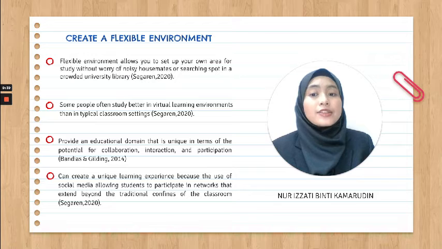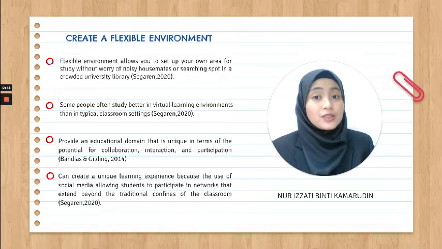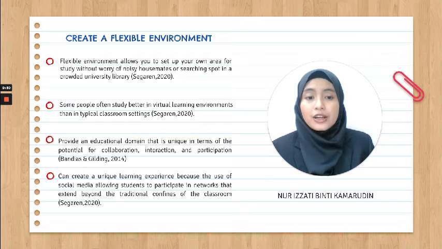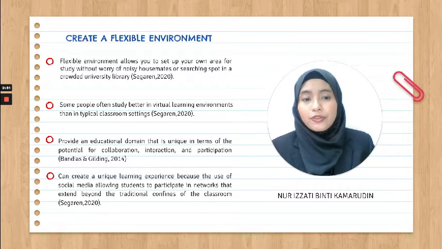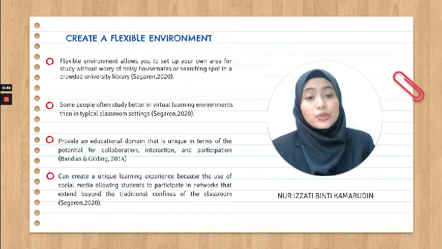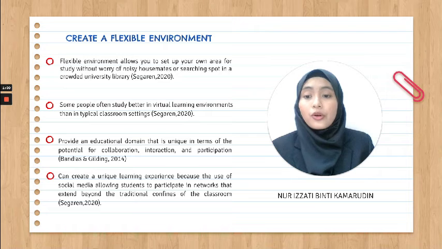Some people often study better in virtual learning environments than in typical classroom settings. This means that they are more suited to the online learning environment, and it enables them to be more involved in online learning. It provides an educational domain that is unique in terms of the potential for collaboration, interaction, and participation.